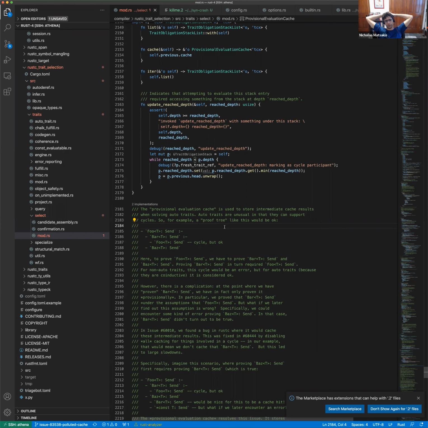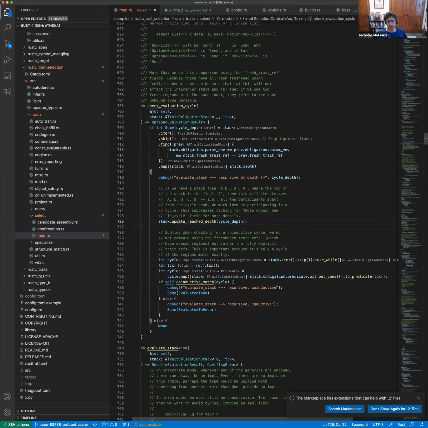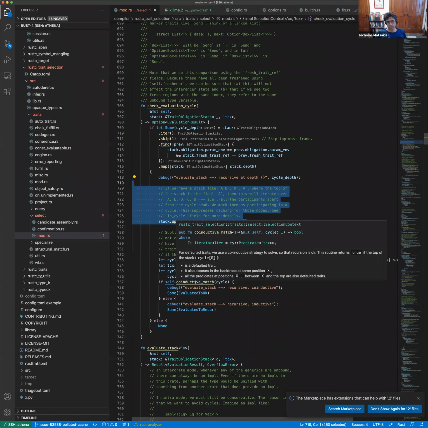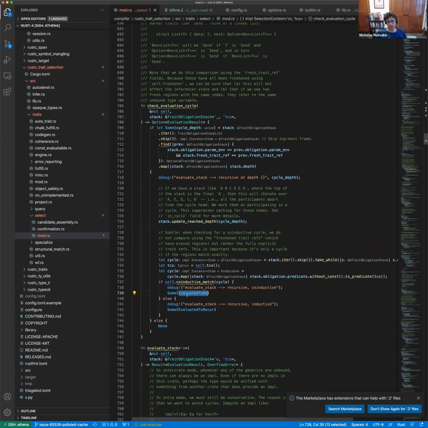It's kind of conditionally true, or provisionally true. Right, so that's what the checking cycle basically does. It tracks how high did you go. It checks if it's co-inductive, if everything in that cycle is co-inductive, in which case it's okay, but we updated the depth. Otherwise, it does this evaluated to recur, which